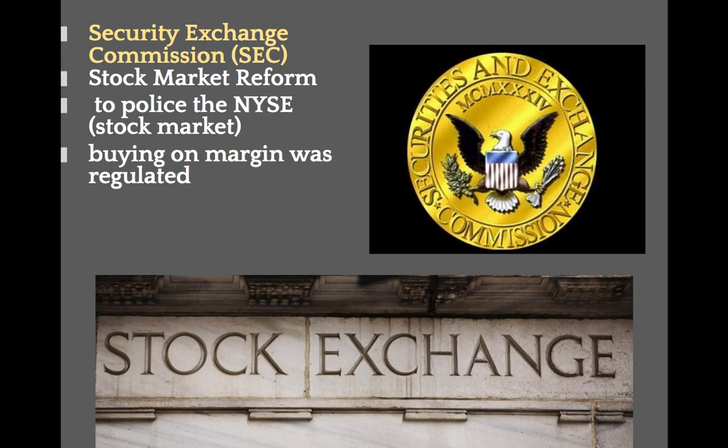All right, the next thing FDR was going to tackle is the stock market. So remember, people were buying on margin and gambling with stocks without money that they really had. This is one of the things that caused the stock market to inflate and then, as a result, crash when people didn't have the money to actually pay for those stocks they were buying.